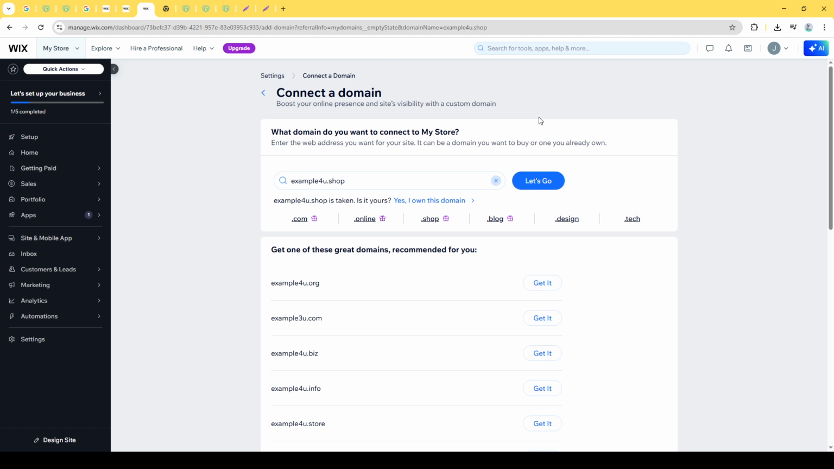After clicking on Settings, you'll see a list of options. Look for Domains under the Site, Domain and SEO category. This is where all the domain magic happens. Click on it, and you'll be taken to the Domain